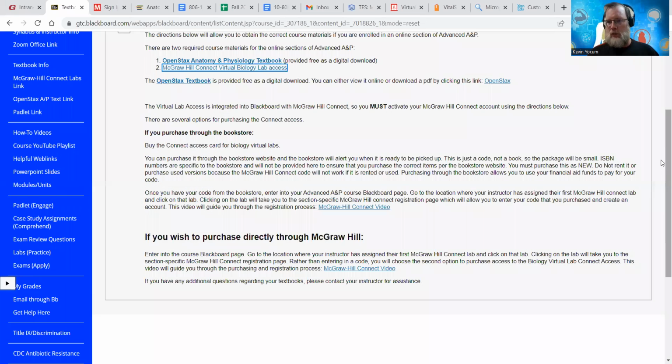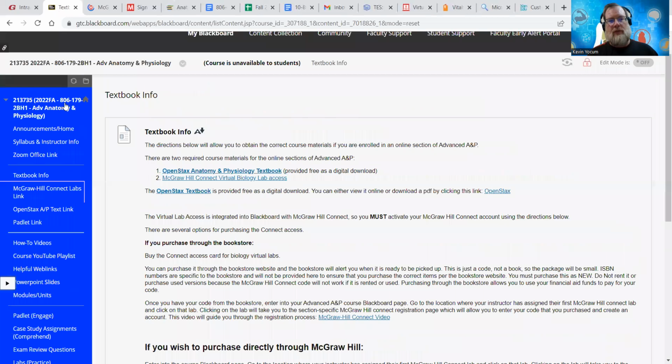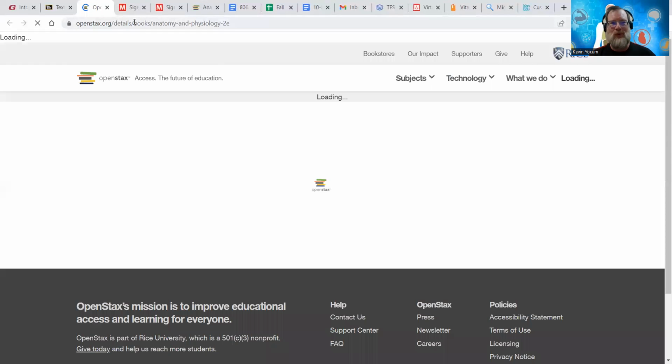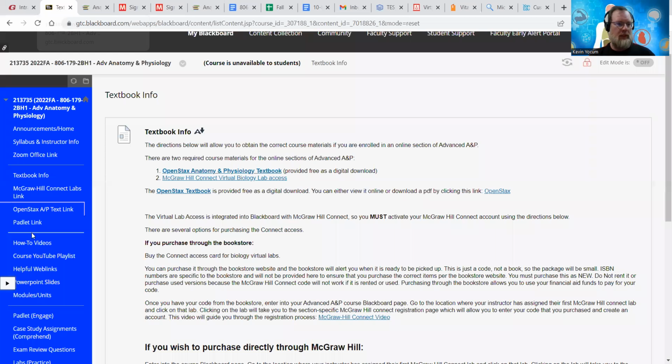You can read through those in order to get McGraw-Hill access. I do have hyperlinks to go right to the McGraw-Hill Connect. So in the future, you can just click this and it'll take you right out to McGraw-Hill labs. Same with OpenStax. If you click that link, it'll take you right out to OpenStax. Okay. So anyway, those links are there.